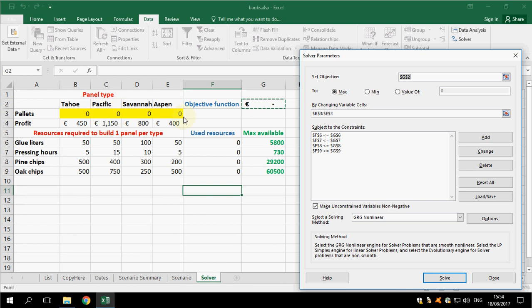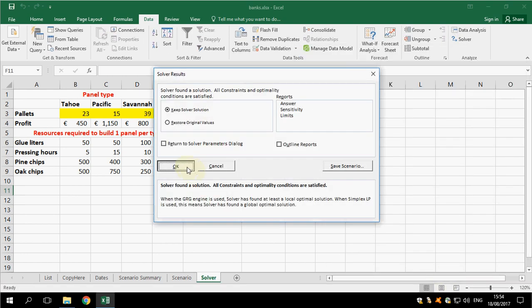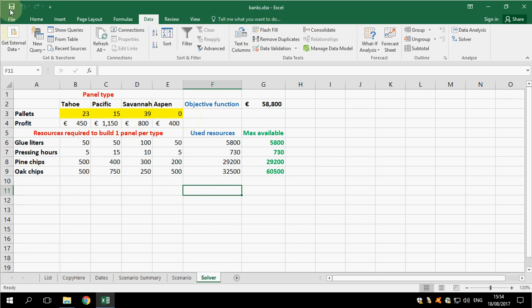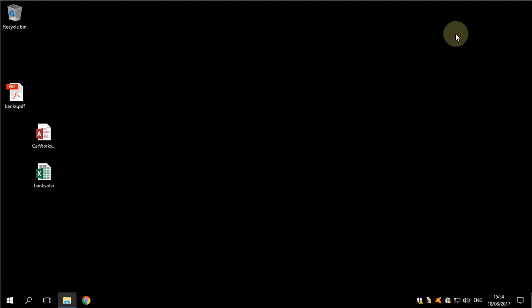There are 4 other constraints, that these 4 variables are non-negative. You can put them explicitly if you want, or you can flag here, make unconstrained variables non-negative. Perfectly equivalent, as long as you don't put any other specific constraint on these variables. If you just flag it, it's fine. Solve, keep optimal solution. I save after all this effort. The task is done. I close Excel, open Access,